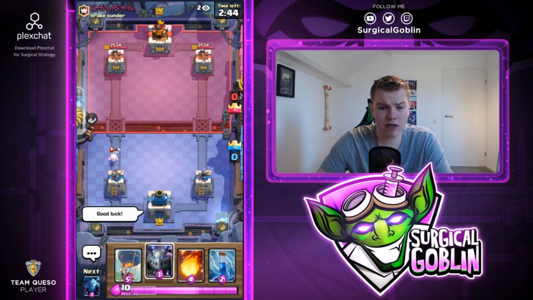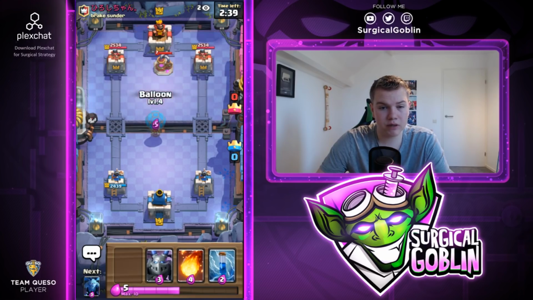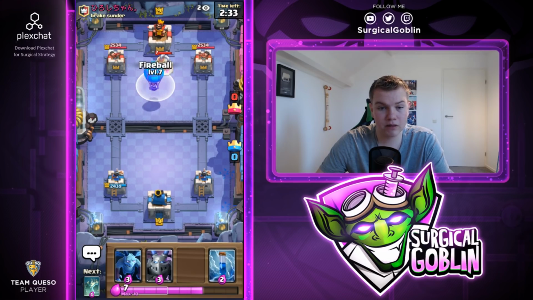So he starts off with an Ice Spirit, could be anything, basically. But he also goes with a Collector. So I'll actually send my Balloon in the middle, trying to go for the Collector. And let's see if he has something trying to protect that. Like if he, for example, drops a Minion Horde, we can actually go with